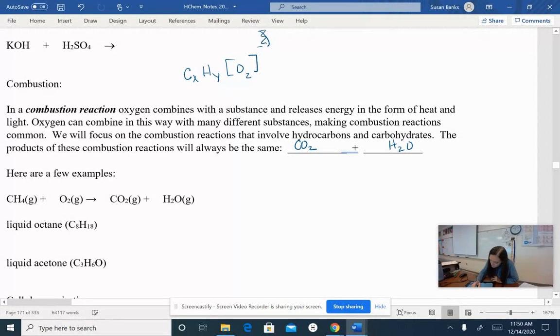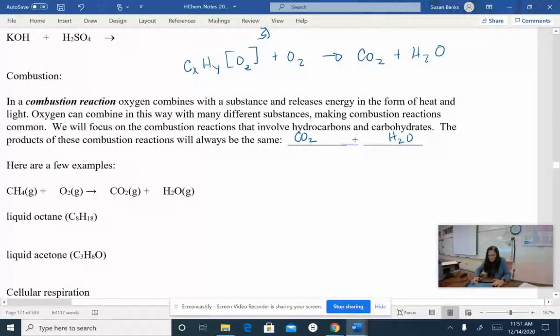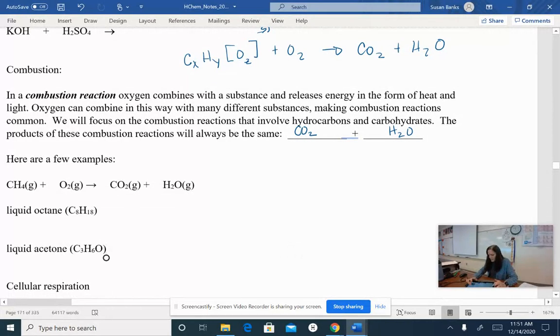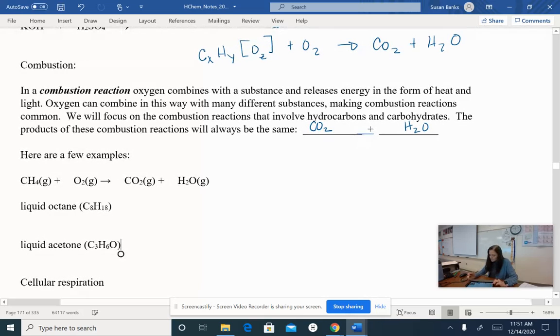I'm going to erase that. With oxygen, and it's always going to give us carbon dioxide and water. Always, always, always. Okay? So let's make that a Z. Here are some examples. So this is what's happening in our furnace at our homes right now, keeping our homes